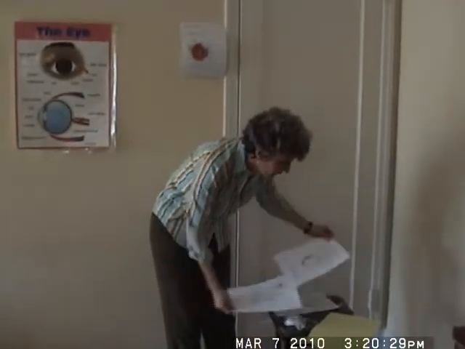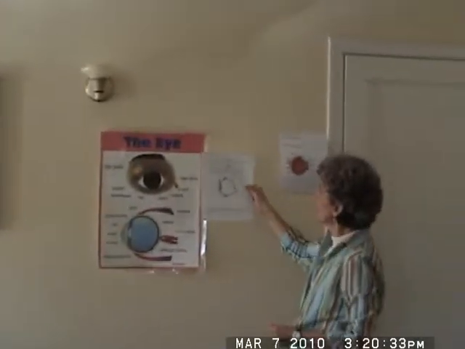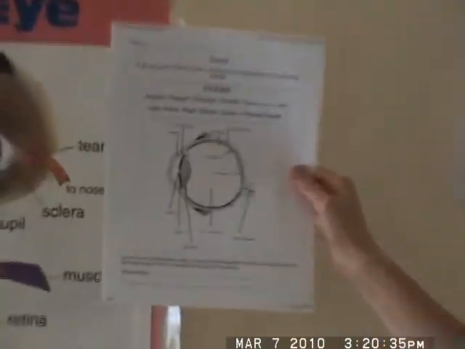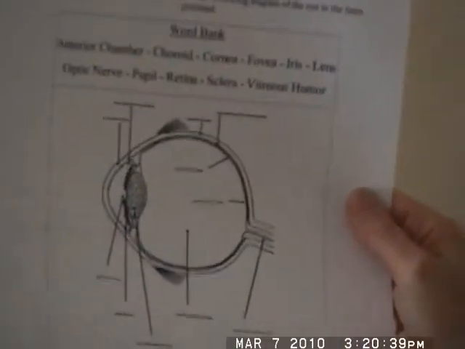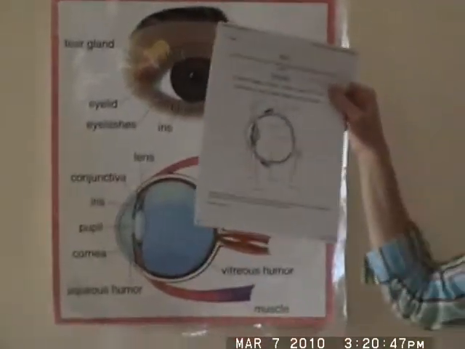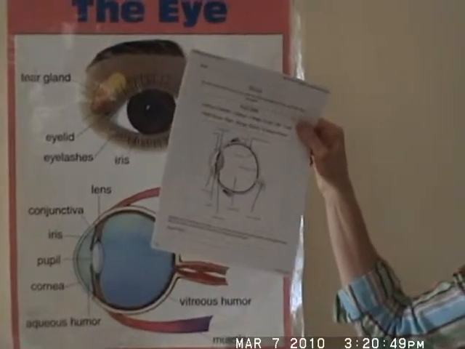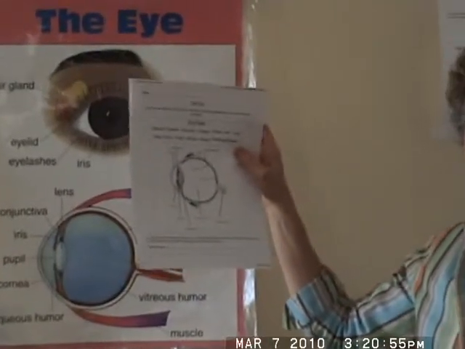Then, after I would teach them about the eye, we would go to this blank form where they would need to fill in the parts of the eye to see if they understood it or not. And those that are working at a little bit lower level that would need some help, I would just ask them to name just several parts, 2 or 3 parts. The other students could name more of the parts,